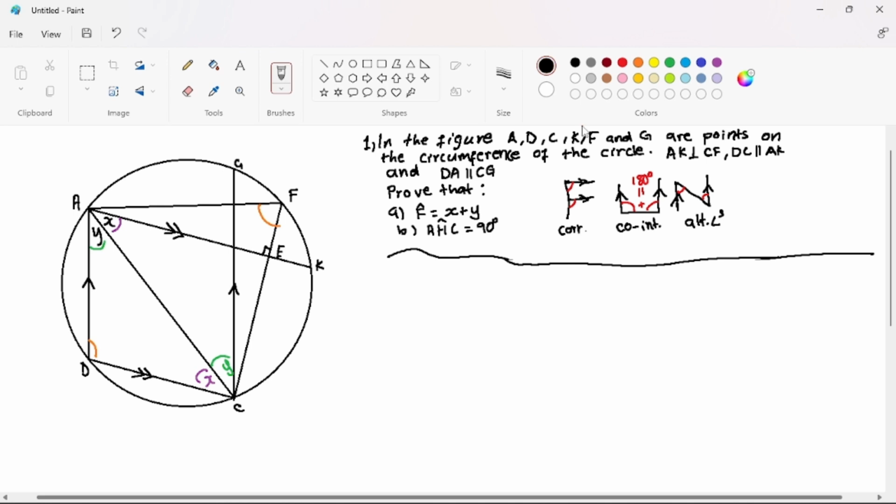So let's attempt to solve our first question. Our first question asks that we prove that F is equal to X plus Y, isn't it? And we know that F is related to D. How can we find angle D, right? So let's tell the examiner our story, right? Because the examiner or the person that is marking our paper doesn't know that we are having an X here, right? So we are going to say angle